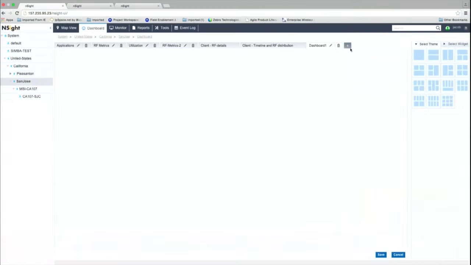Let me build a new dashboard. It's pretty straightforward. You just click on the plus button. What it opens up is an empty canvas, and on the right side you have a bunch of themes. These are primarily placeholders, the grids, for how you want to organize the dashboard. You pull out a theme, drag and drop it,